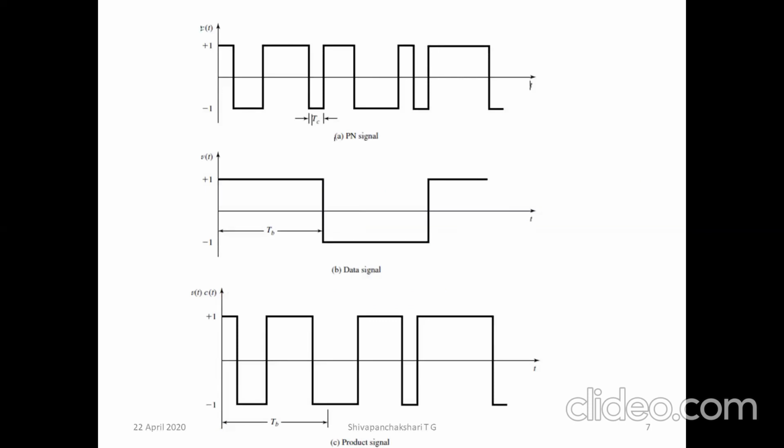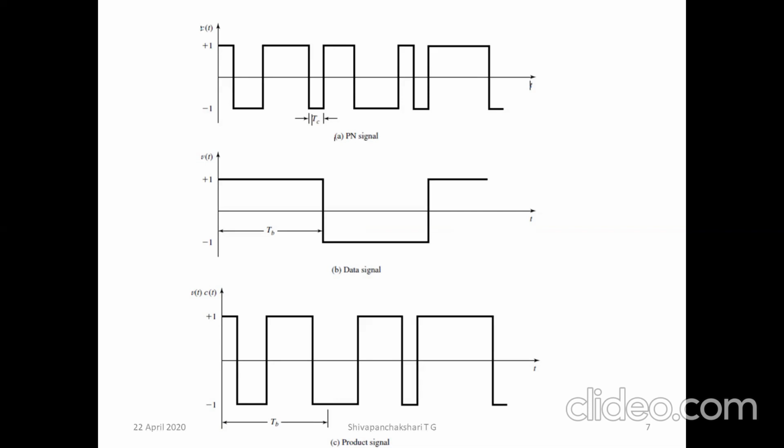The basic concept of spread spectrum is explained in these waveforms. The first waveform that I have shown is called c(t), that is the code signal, which is one of the important signals in spread spectrum technology. This is also called the pseudo-noise random signal because it appears like a noise signal to unintended users. This is not known to others except the generators.